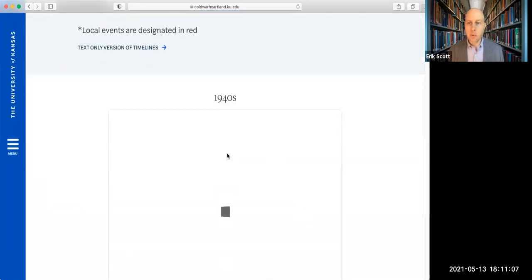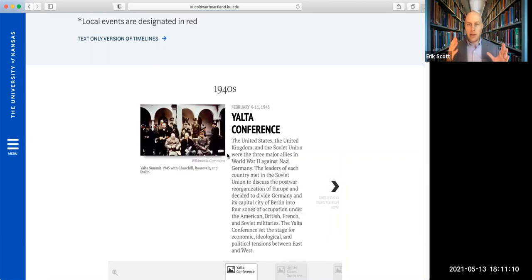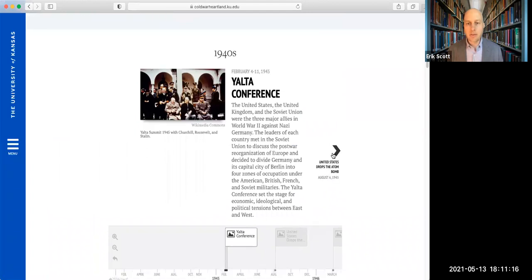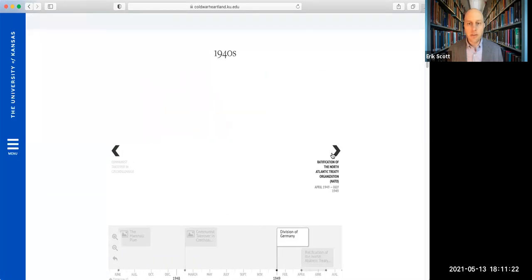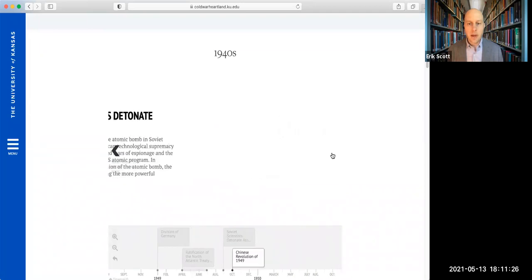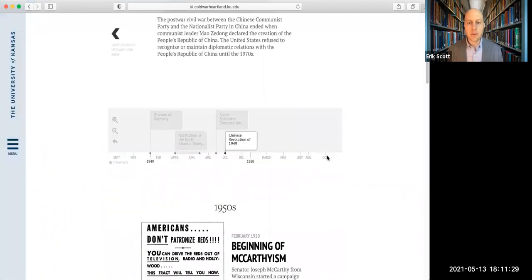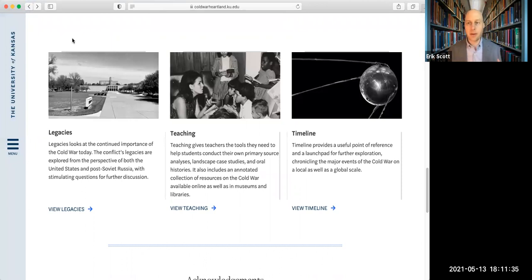This timeline is really neat because it takes the famous international events of the Cold War, and it places within them local events. So you can see here that some of these very important global events, and then local events placed in that time frame. I always tell my students that historians, despite what you think, don't spend a lot of time memorizing dates and facts, but it is really helpful to understand how local events are connected and contextualized by global events. So that's a very, very brief overview, and I do want to make sure we have